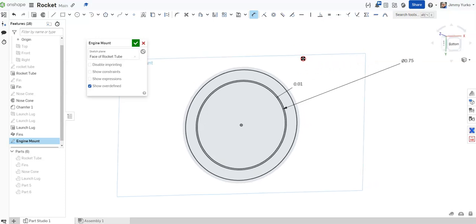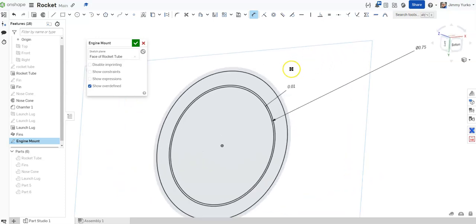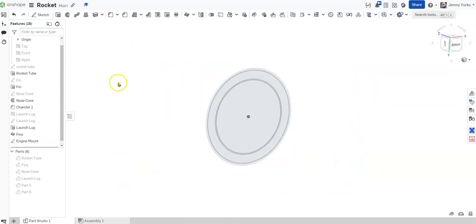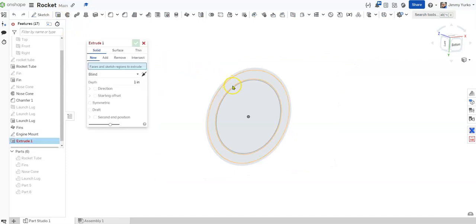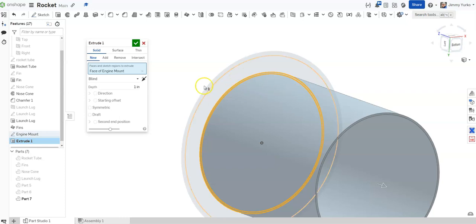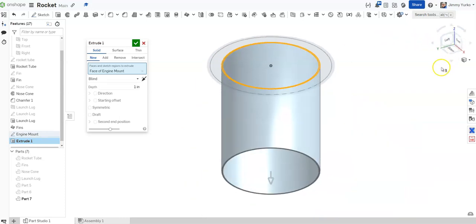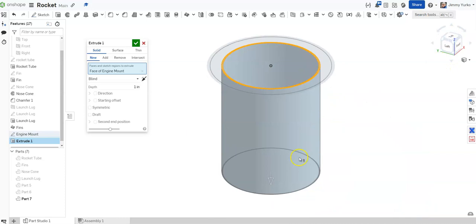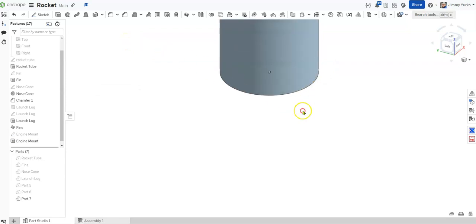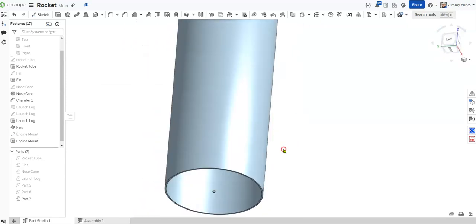Okay. And so now we're going to be able to extrude. So let's go ahead and extrude the inner 2 skinniest rings. Go ahead and do that up. Distance of about 3 inches. You'll need to measure yours. And that produces the engine mount,